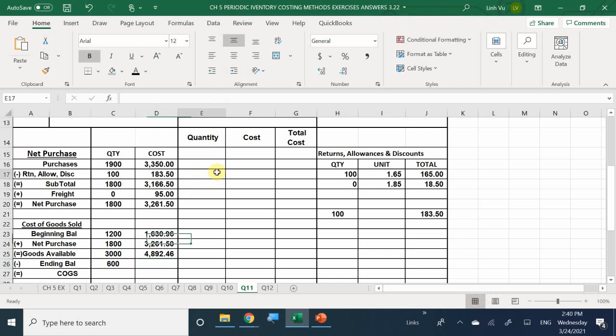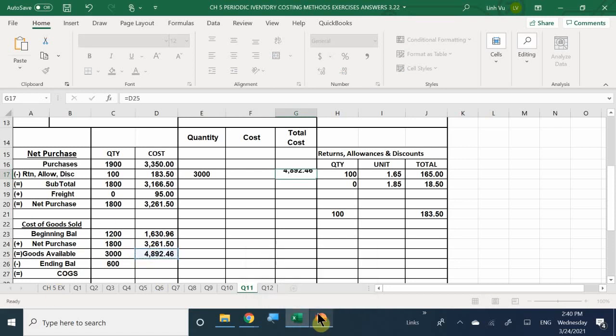So if you would like, you may do this up here, right? I can say that I have 3,000 items available, and it cost me a total of 4,892.46. What I can do here is, now that I have my goods available,